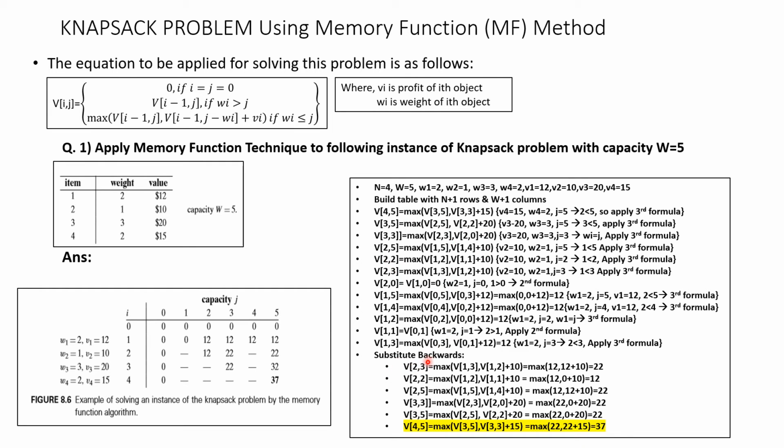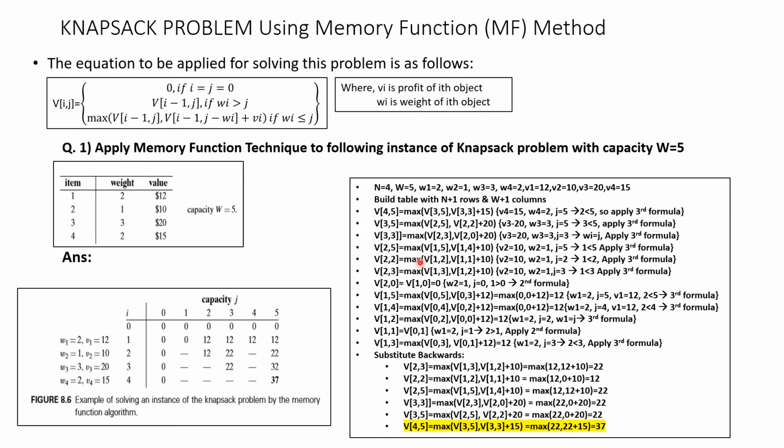So now you have got equations for all these terms. Now you start back substitution. Back substitution means now you got V1 comma 3, right? So now you have to start from here because all these values you got. You start from here. We have V2 comma 3. V2 comma 3 is max of V1 comma 3. V1 comma 3 is calculated, right? What is V1 comma 3? V1 comma 3 is 12. 12 comma V1 comma 2. What is V1 comma 2? V1 comma 2 is 12. 12 plus 10. Maximum of these two is max of 12 comma 22. So 22. Next calculate V2 comma 2.